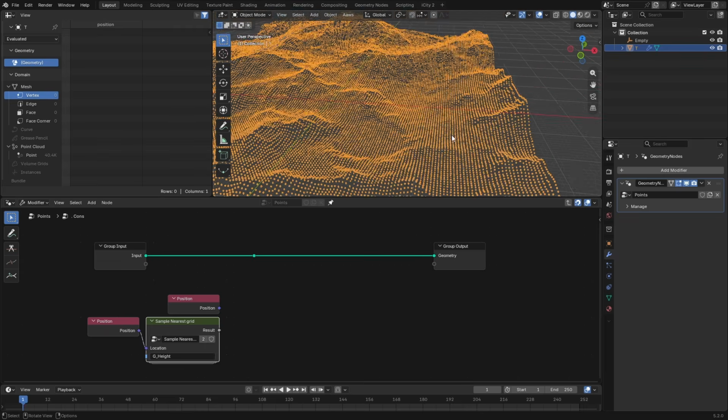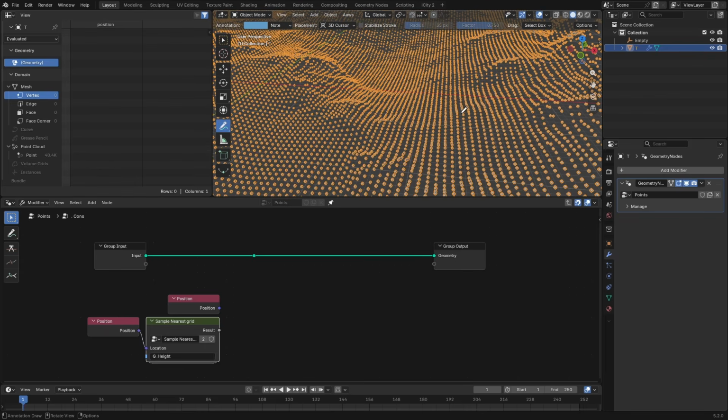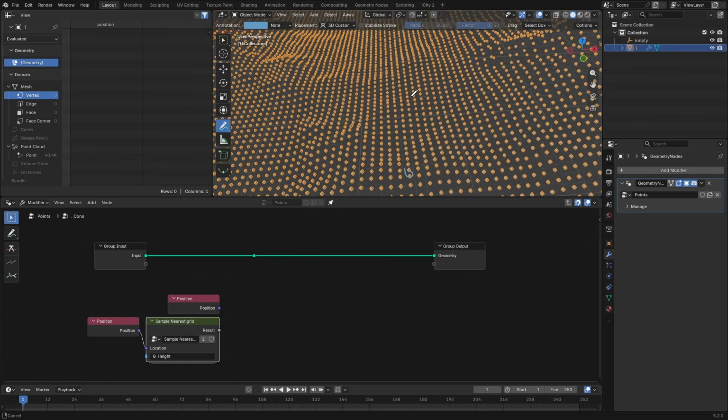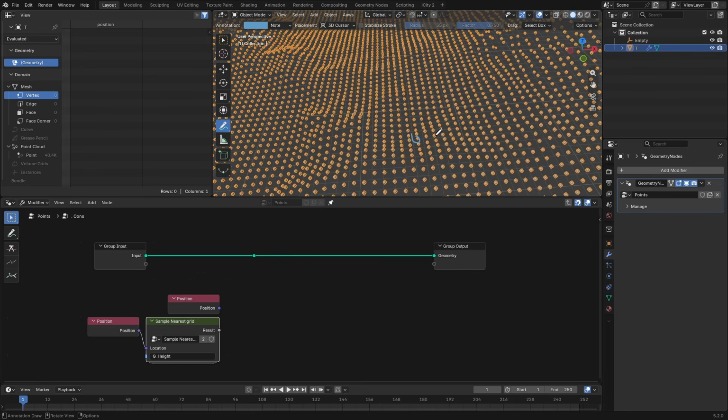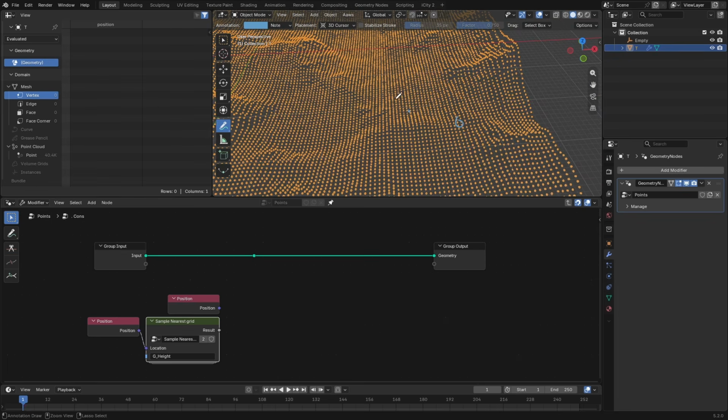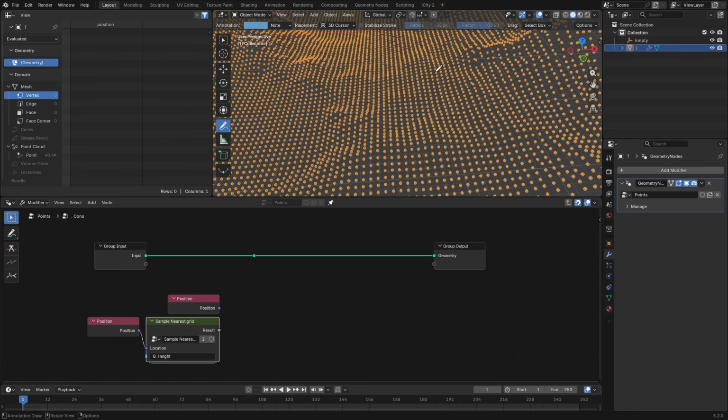So let's say I have a point in here, and okay, this point will ask in which cell am I. It will ask its friends. I'm in position, for example, 35, so I am in cell 35, and in the cell 35 I'll find my nearest cells, which are the left and the up and the down, and from those I'll find the nearest height,